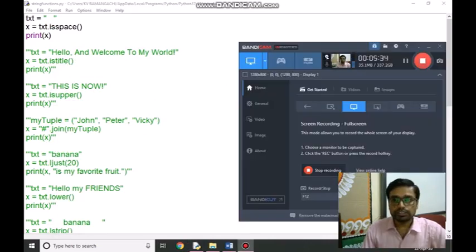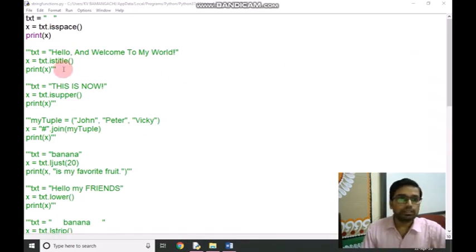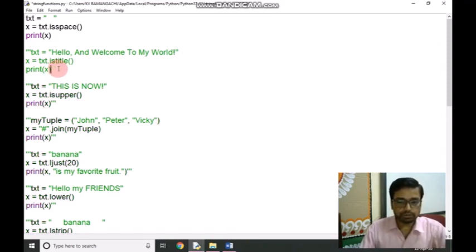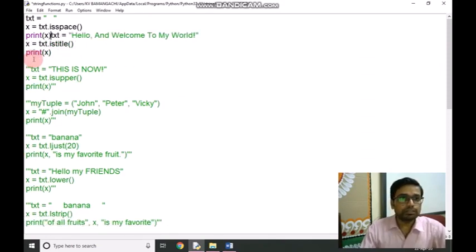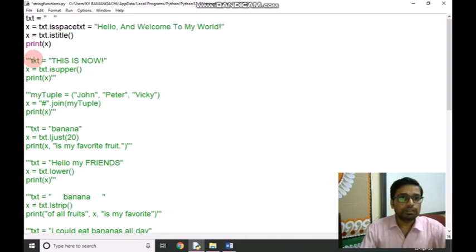Next function is istitle. This istitle function returns true if the string follows the rules of a title. We have given a string hello and welcome to my world.